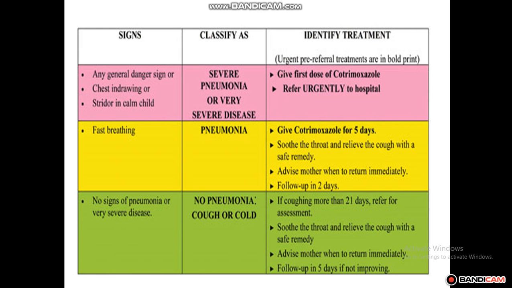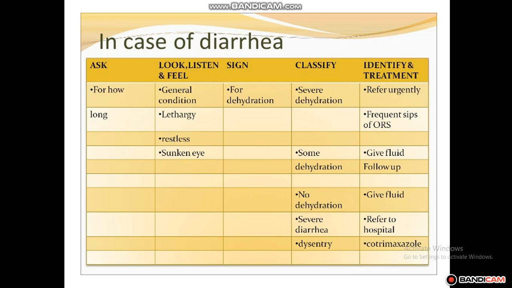Sometimes it may be only cough and cold. There are no signs of pneumonia. Then home-based treatment is enough. At home itself, the child can be managed by breastfeeding, soothing the throat and relieving the cough with a safe remedy, and follow-up can be done. In case of diarrhea,